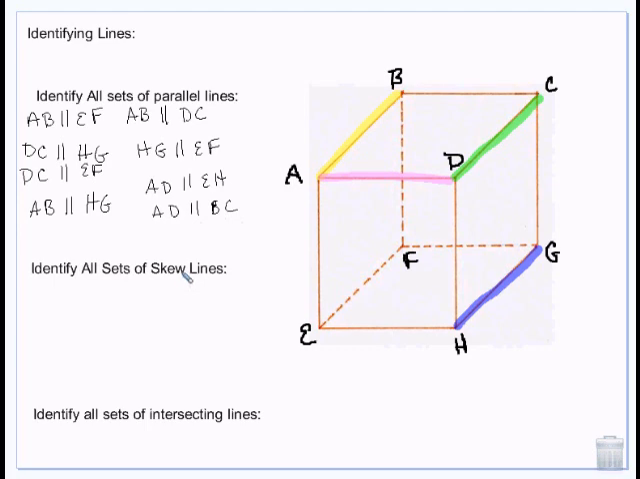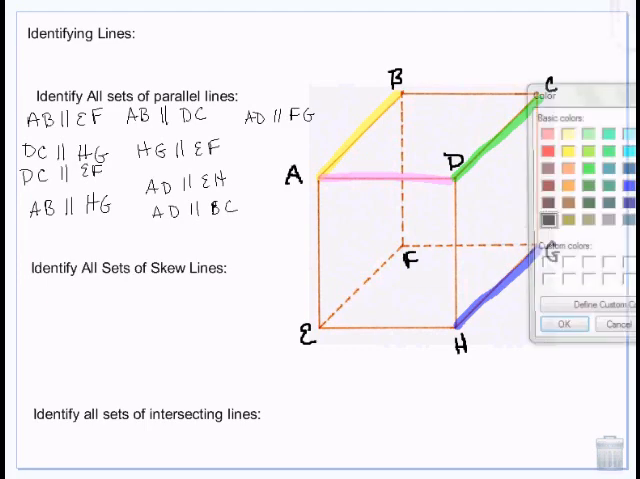Okay. So AD is parallel to BC and EH. And FG. They're normally this many on a box, yes, because there's so many sides. Okay. If you think about, let's go with